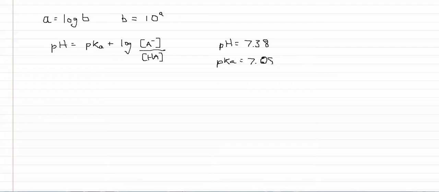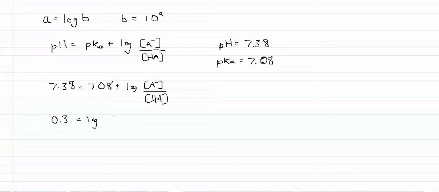So we feed these numbers into the equation. We can say 7.38 equals 7.08 plus log of base over acid. And we then subtract 7.08 from both sides so that it cancels out from here. So you end up with 0.3 on this side, which is 7.38 minus 7.08 equals log of A minus